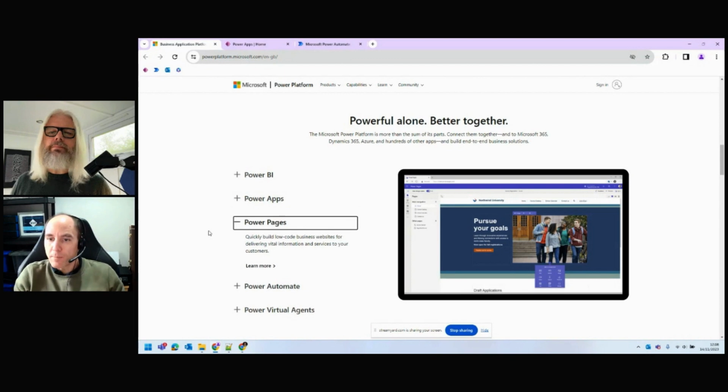Next up is Power Pages. This really is public-facing websites. There's a really good designer in this where you can just drag and drop. You can set the colors and the branding, but also within the sites, you can set up account management areas, just as if you were going to an e-commerce site and you wanted to see your orders and your profile. You can set up quite easily in the configuration for these Power Pages. So yeah, there's a lot more power than just the cosmetics, just the look and feel.